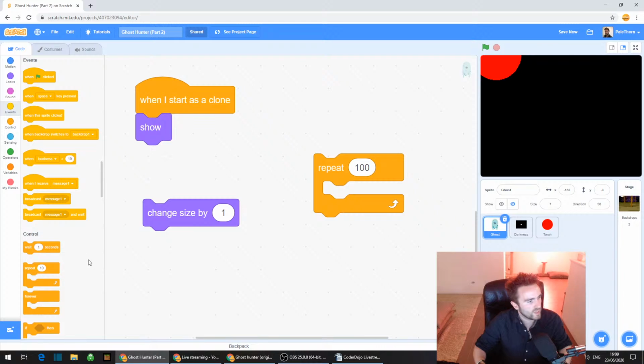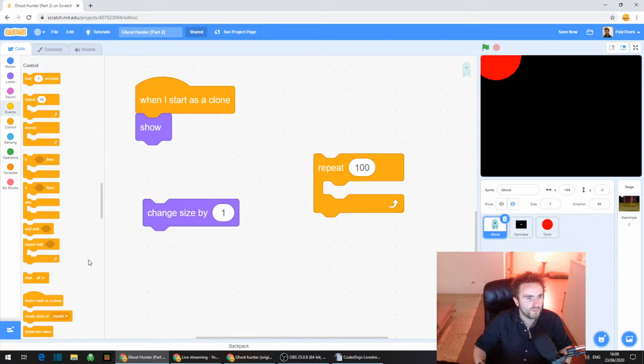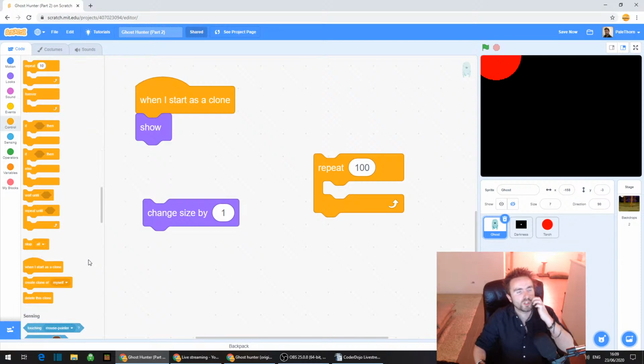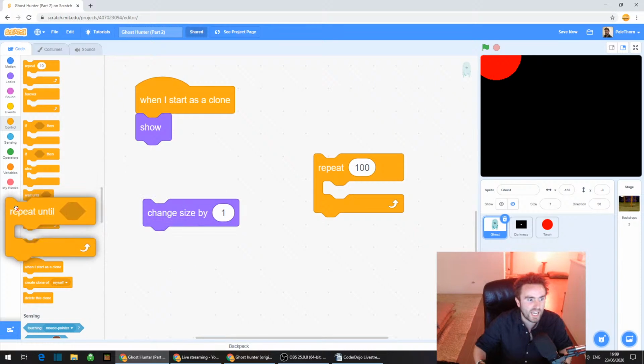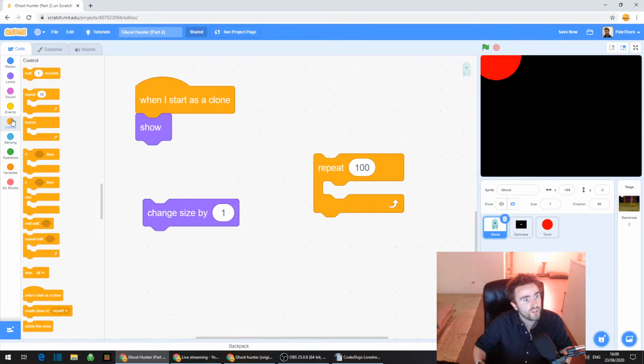This might be a little bit unnecessary, but I like it, and it's going to show you a better way of doing things. It's just good coding practice to actually check that the ghosts are getting as big as they should be before we end the game. So everyone go to Control, the orange category on the left there, drag out repeat until.